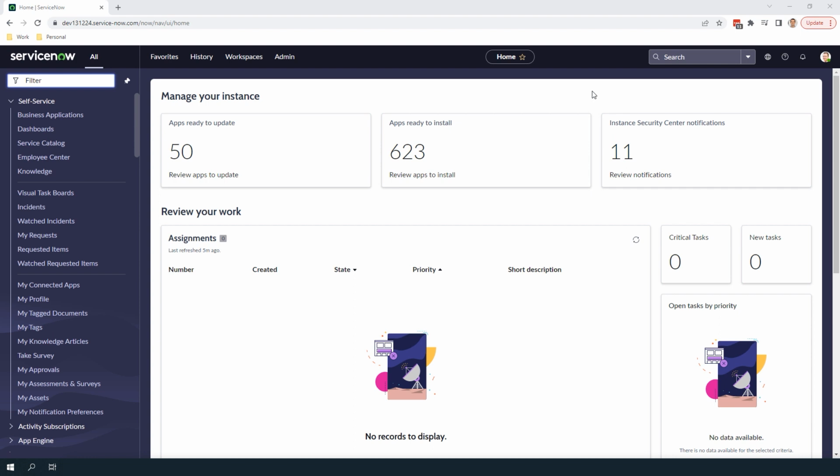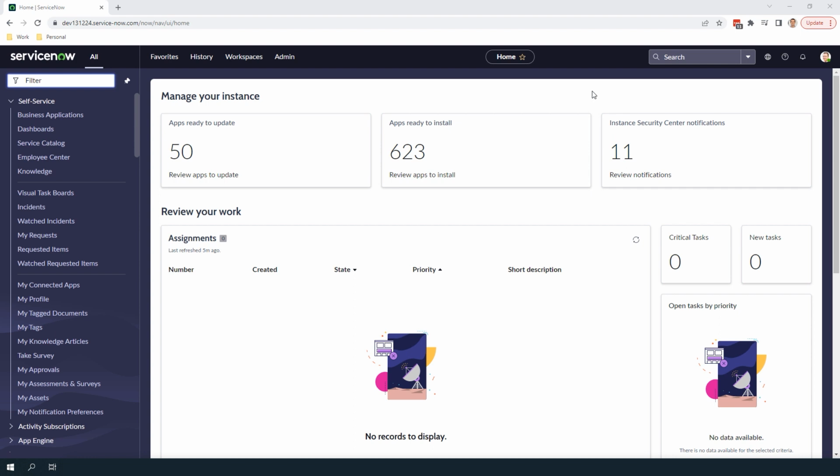So maybe you're just implementing hardware asset management in ServiceNow, or you have a spreadsheet of assets that you've got from another system or tool, and you'd like to load them into the system. Importing hardware assets into ServiceNow is a fairly simple process and can be done in a matter of minutes. In today's demo, I'm going to import 10 Apple MacBook Pro laptops into the system and walk you through the